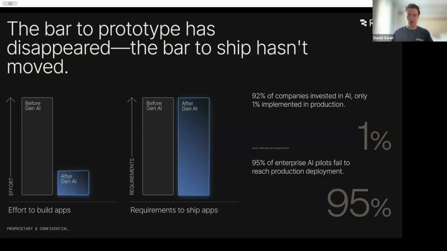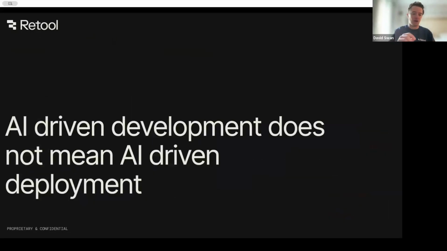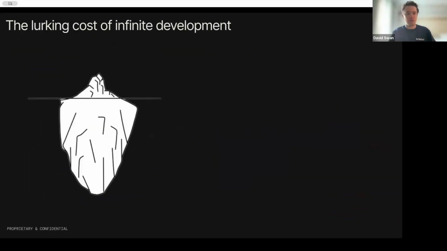And it's not because these aren't amazing ideas and localhost applications that have been built out, but because there's a backlog in order to meet the enterprise needs of development. And while AI-driven development has been dramatic, it does not mean the same thing as AI-driven deployment. And there are certain components that we need to make sure we include to get that out the door. And that's kind of this lurking cost of infinite development, because the more applications that we build,